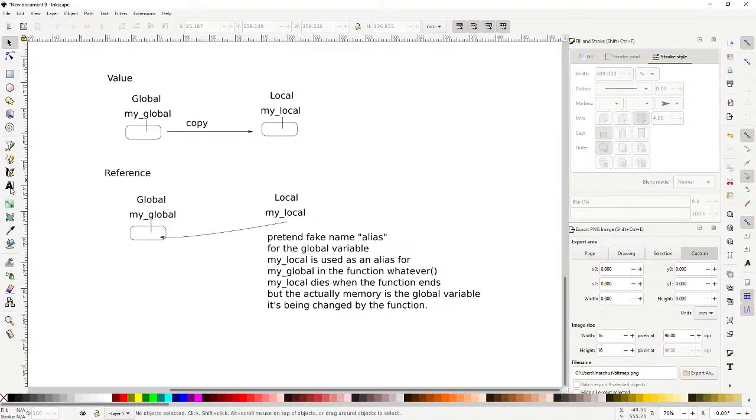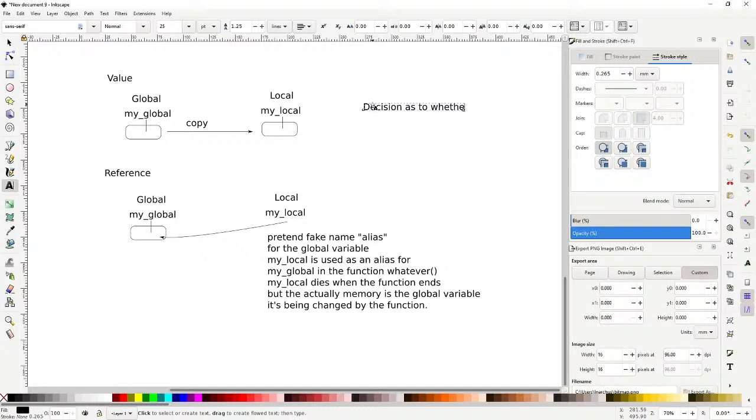And as I say, the decision as to whether something is by value or reference is entirely based on the immutable value or mutable reference.